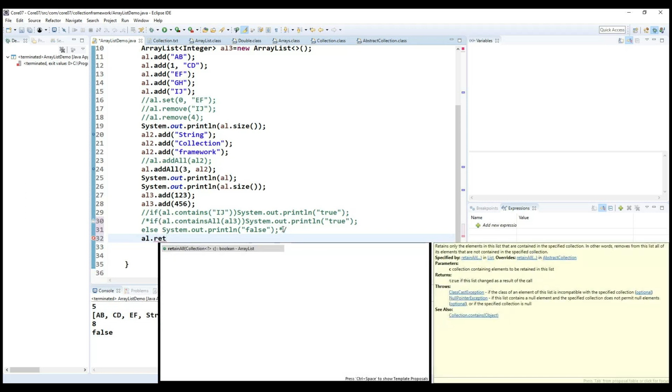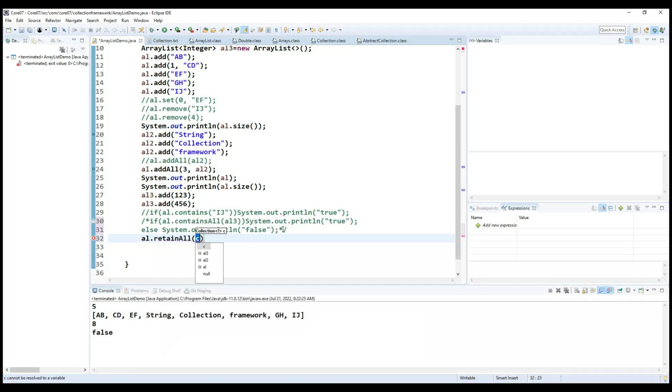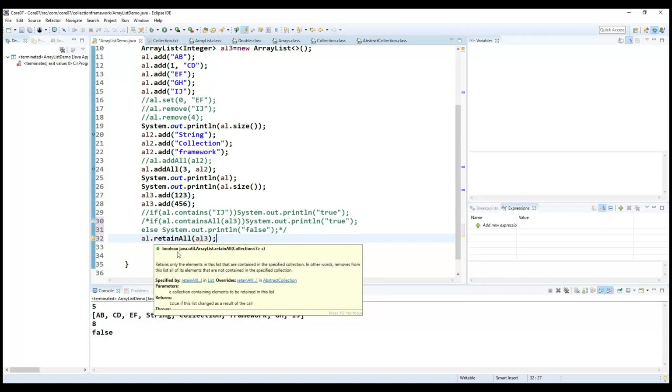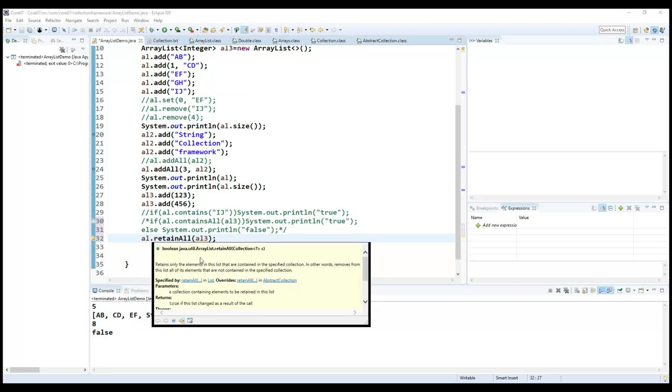Whenever I'm passing this particular retainAll, I'm going to provide al3. And what is the return type of this particular method? Again, it is trying to return the boolean return type here. Okay, getting the point. So now what you need to understand here is that, based on this particular condition,